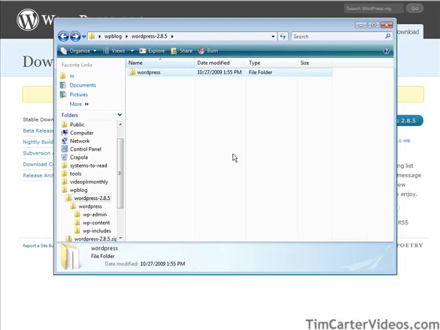Okay, so the next thing we're going to do is upload all that to our server. Now of course you're going to need a domain name and hosting. There are many places where you can get domain names and hosting, and I've listed some in the resources document. Now once you have that all set up, you can upload your files. Now depending on what kind of domain name you bought, whether you bought a domain name with a specific use for your niche or whether you bought what I call a general purpose domain name, will depend on where you're going to upload WordPress. Now what I mean by those are a general purpose domain name is